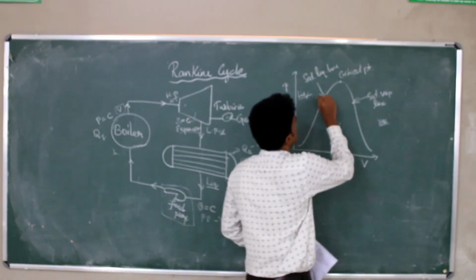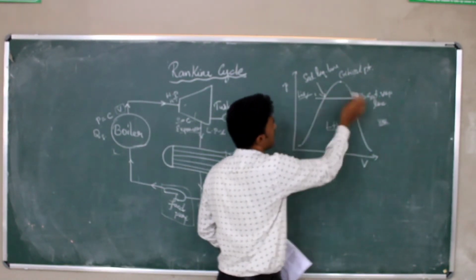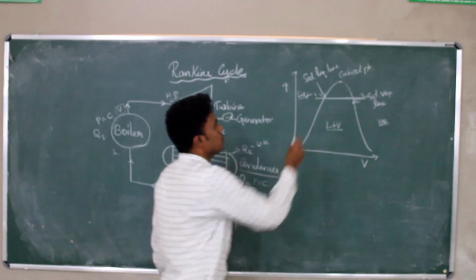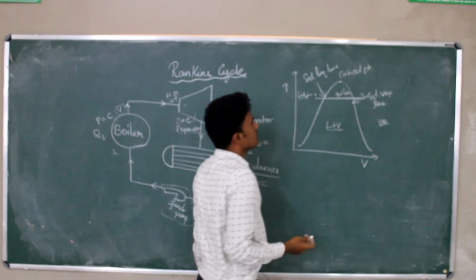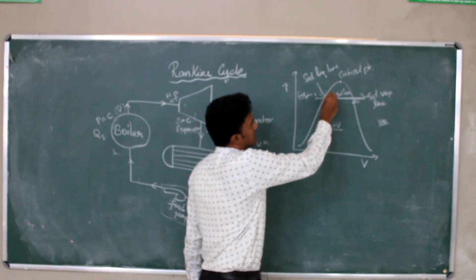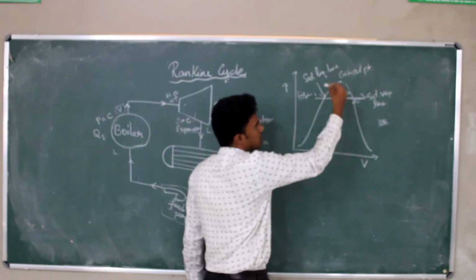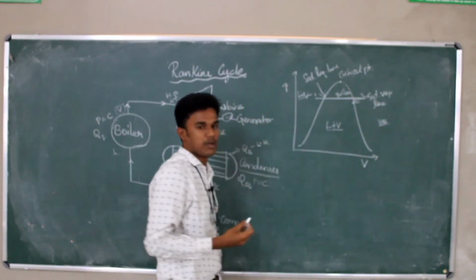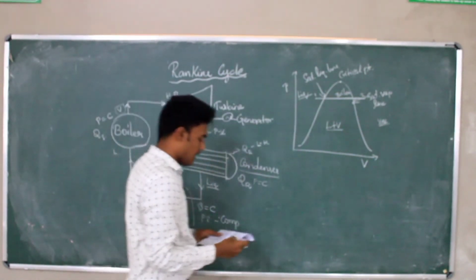So this is actually the line 1 to 2. Here I am marking the process occurring in the boiler as 1 to 2. It starts from the saturated liquid, enters the saturated liquid line, then the liquid plus vapor form, then completely to the vapor form. So this actually happens in the boiler. Then after that,